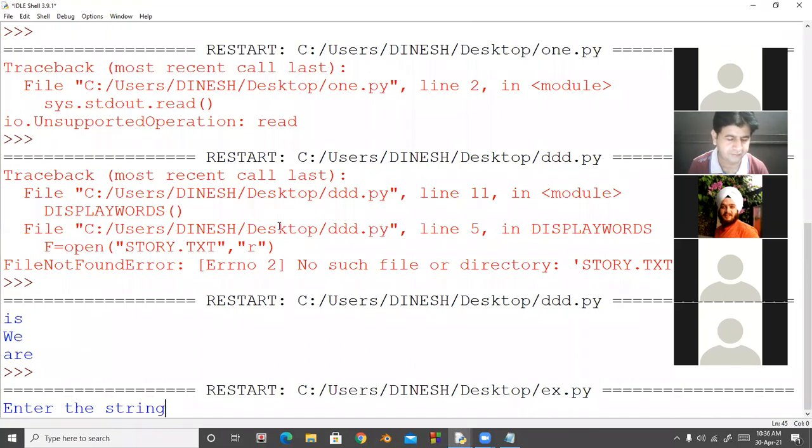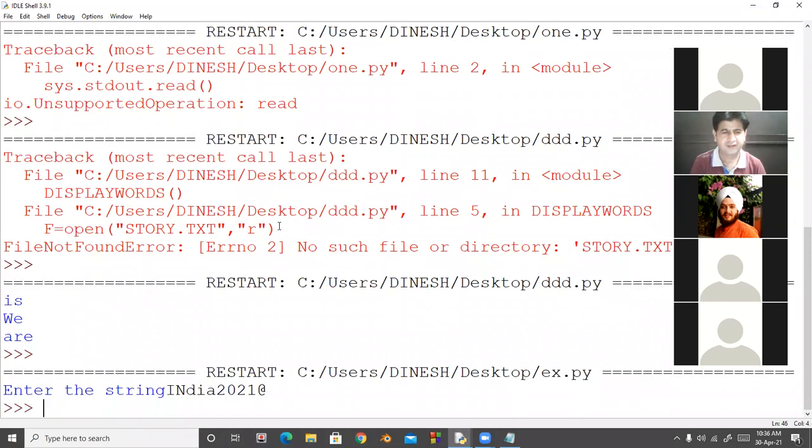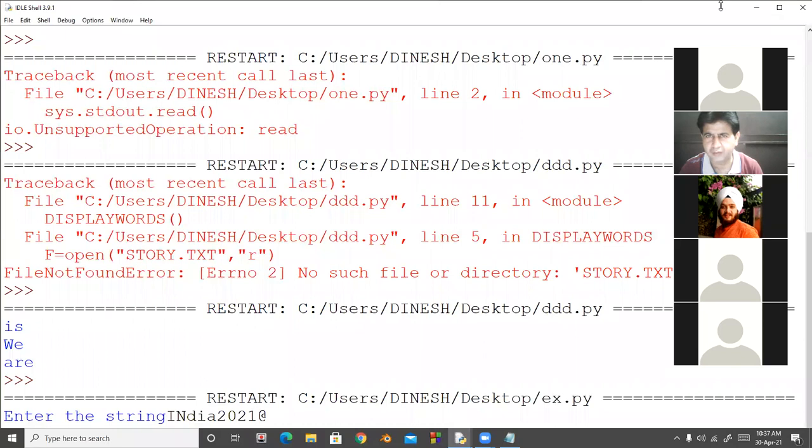I enter India 2021 @. So there is no error. I am checking the output.